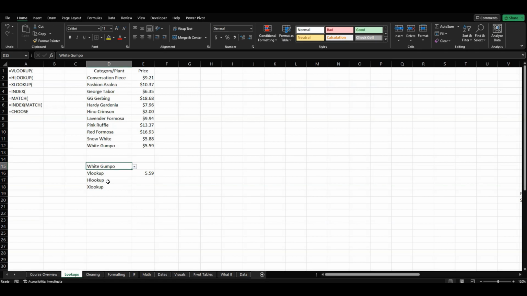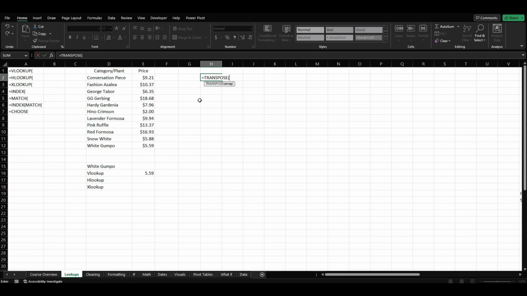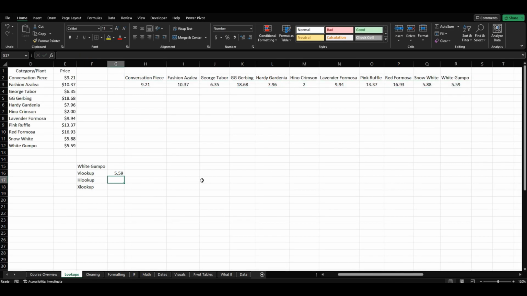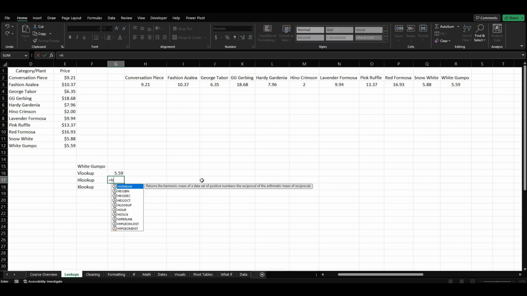And we also have HLOOKUP here. VLOOKUP was vertical lookup, and HLOOKUP is going to be horizontal lookup. So the same thing that we did here, you can also do on a horizontal table. And actually, let's go ahead and show that. I can do just like we learned last time. We can do transpose, and let's highlight that. And okay, so HLOOKUP, like I said, is just like vertical lookup except horizontal. So we'll do equals HLOOKUP, tab that out. We want our lookup value, same, the white gumbo,